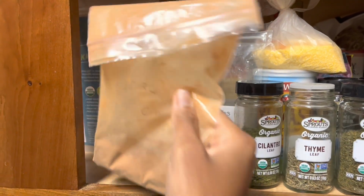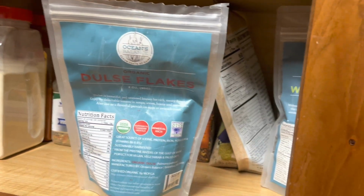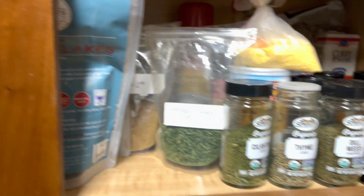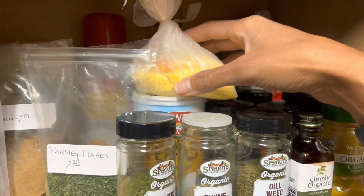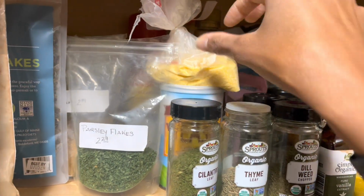I have cinnamon, wakame flakes, kind of like the dulse. They're both sea seasonings, and they help the thyroid gland. I have some cornmeal, some brewer's yeast, parsley,